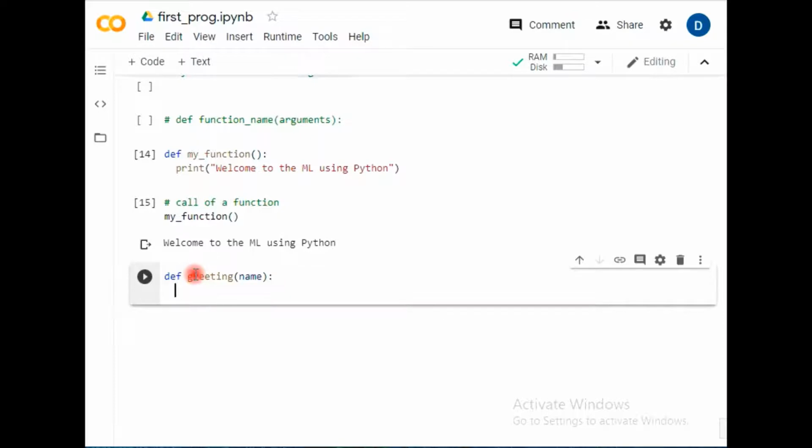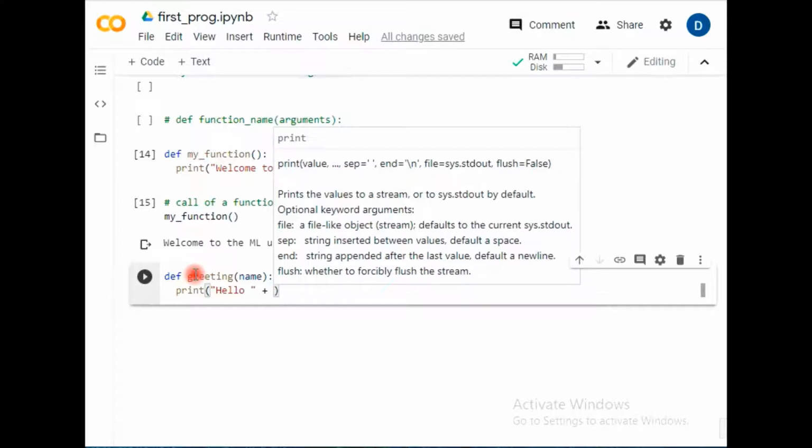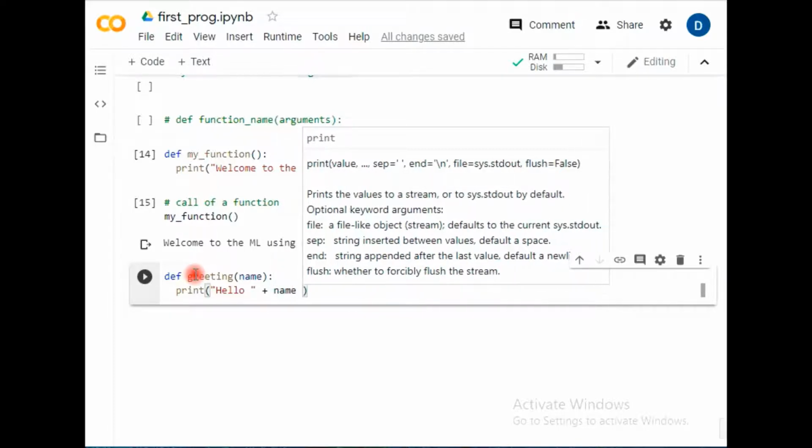Then I'm printing whatever value you want to print, like suppose I'm saying hello, giving a space here. I've already told you we can concatenate two strings, and here we are just calling this function. It's important. We are giving a name,